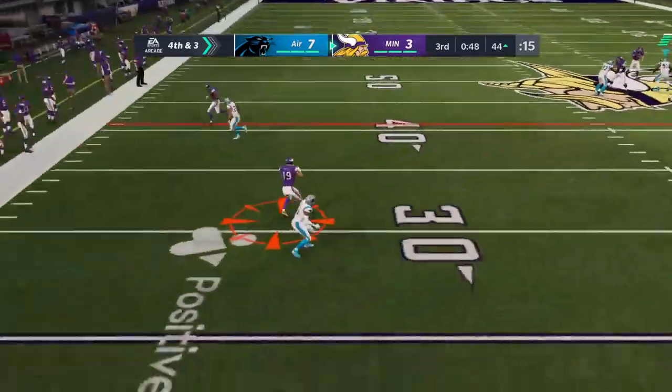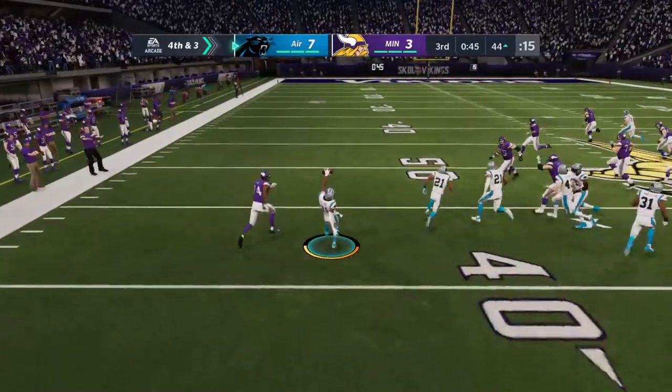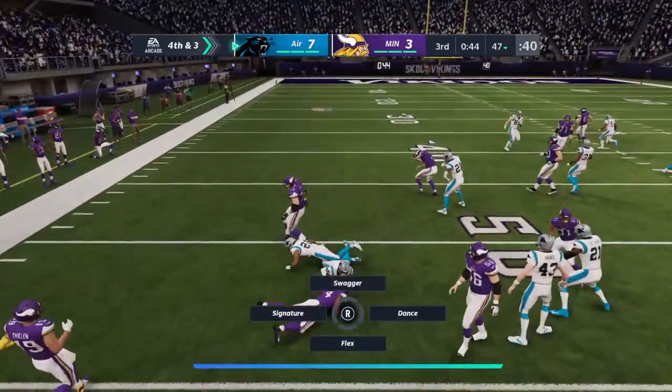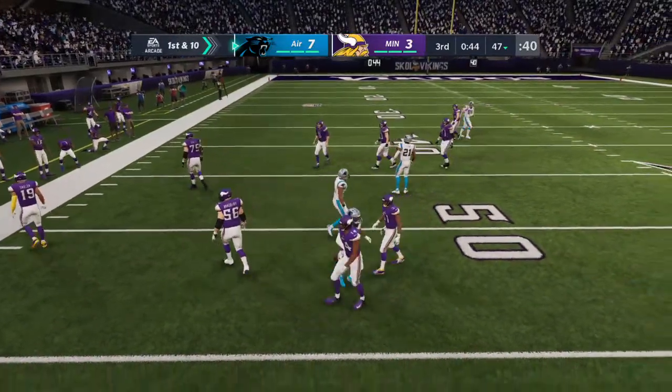From the gun, here's Cousins. Popped in the air, intercepted. Picked off at about the 31. And the return stops just a few yards shy of midfield. They'll spot the ball